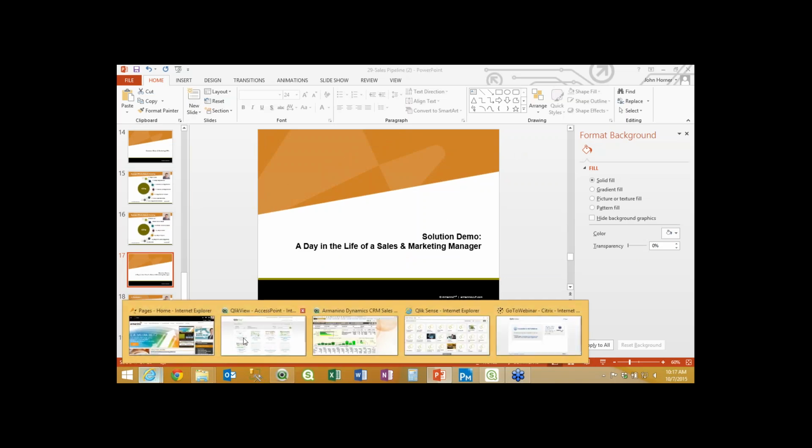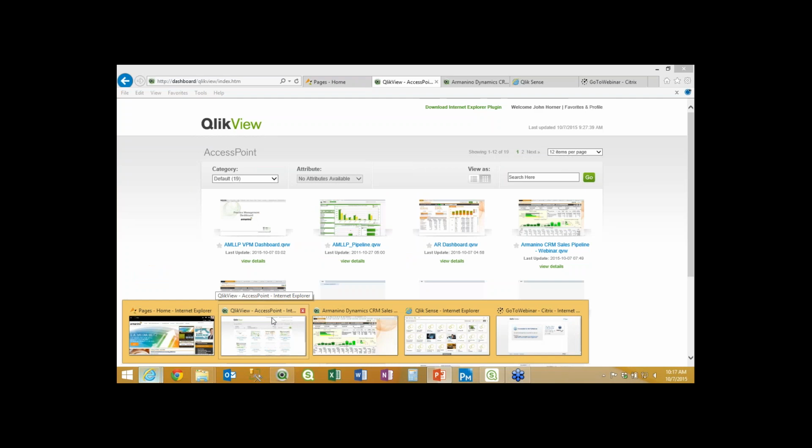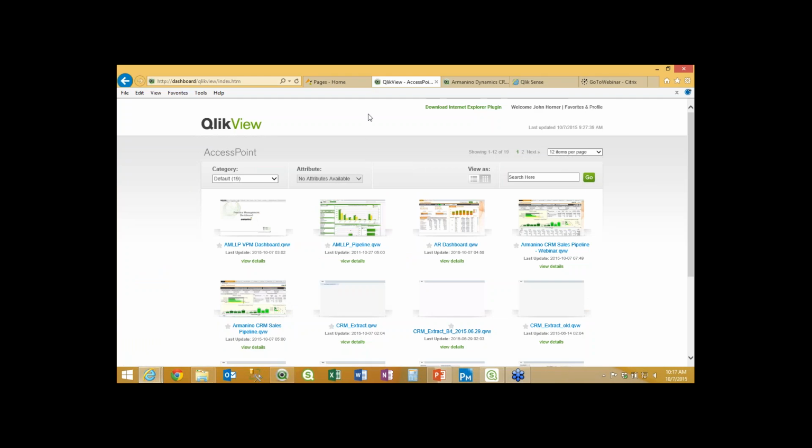So I'm going to jump into my web browser here. I'm using Internet Explorer, but it wouldn't really matter whether you're on Chrome or Safari or whatever web browser is your preference. And this brings up a kind of homepage, if you like, of all of the applications that I have at